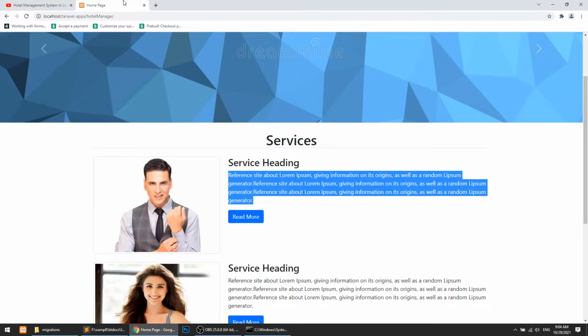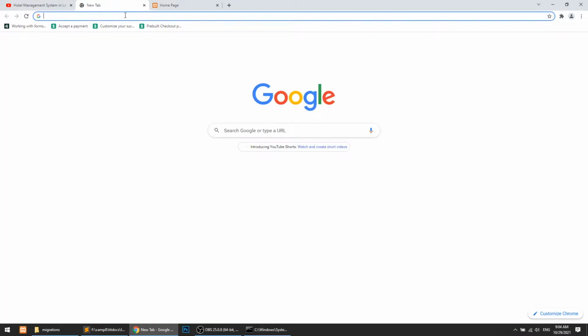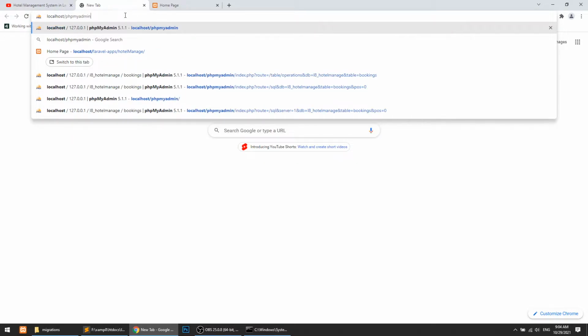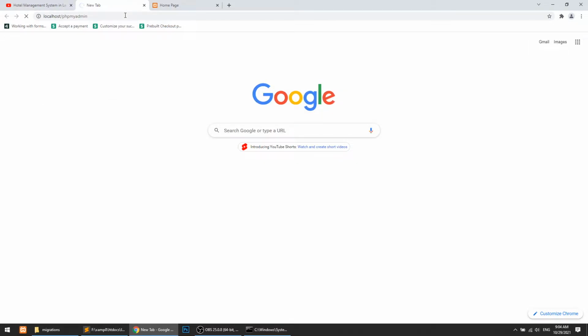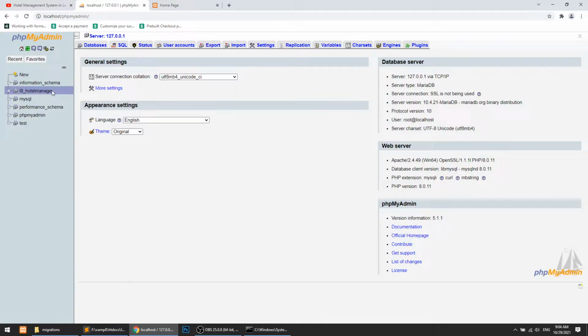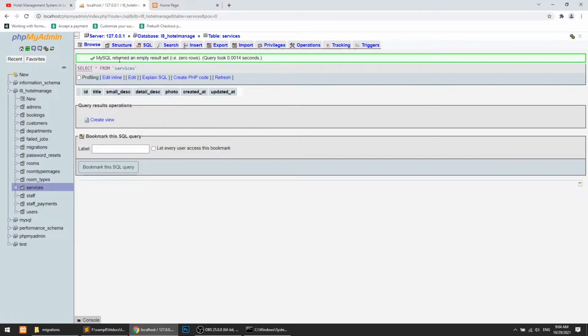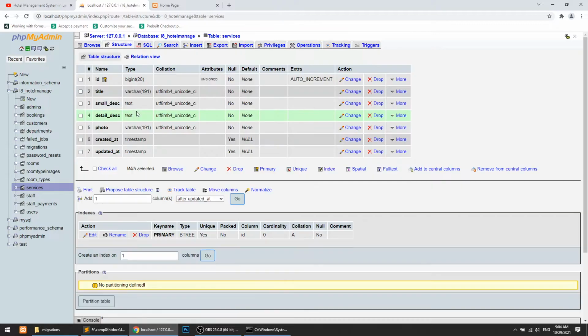It is migrated. Now let's open phpMyAdmin. We will open the hotel manage database, and here we have services, and you can see that we have the structure, title, small description, and other fields.